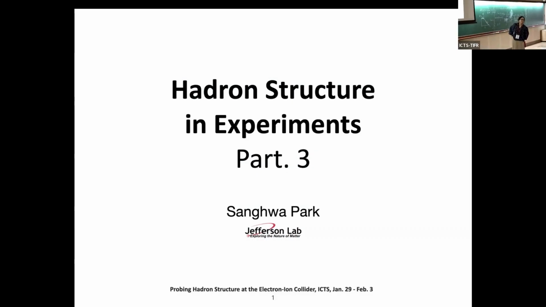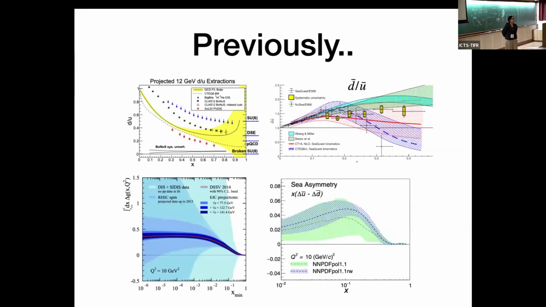All right, this is the third part of the lecture, and actually the last one from the Hadron structure experiment. In the previous lecture, we talked about some of the results from the unpolarized fixed target measurement that probed the larger x region. One of the things that we discussed was the structure function ratio between neutron and proton, from which you can extract the ratio between the d quark and u quark. And we talked about this